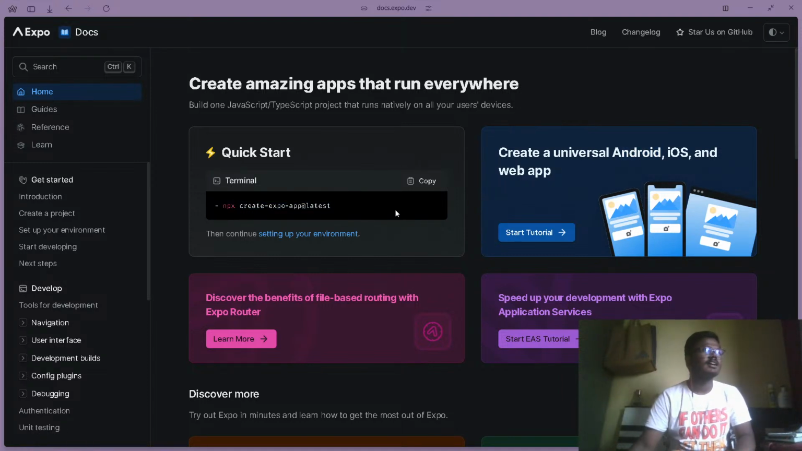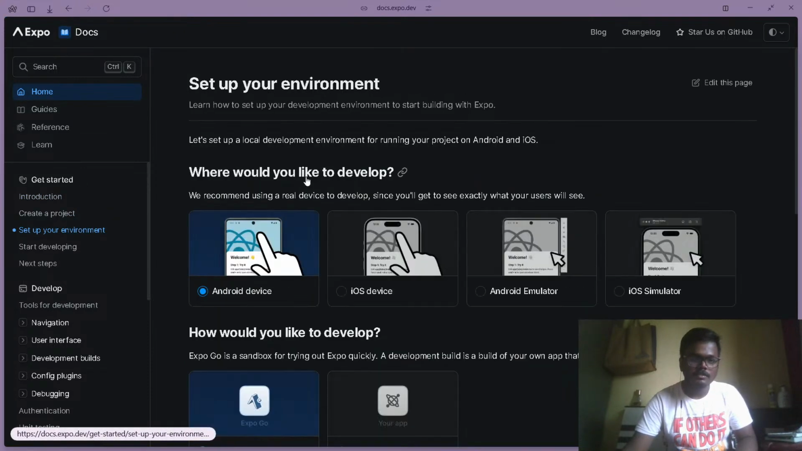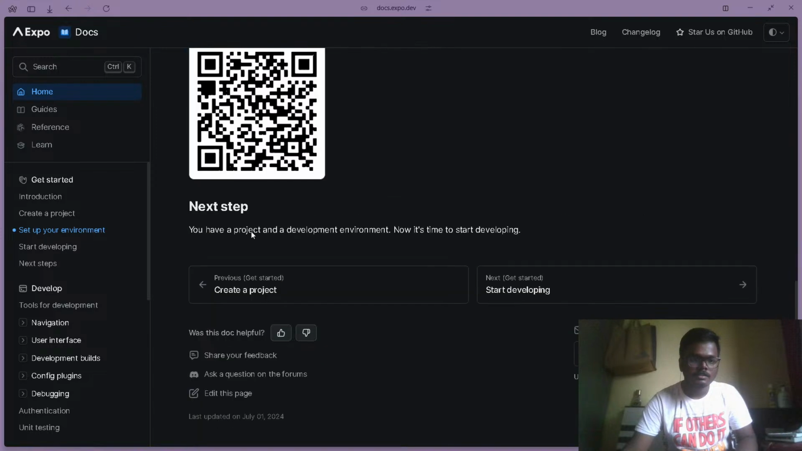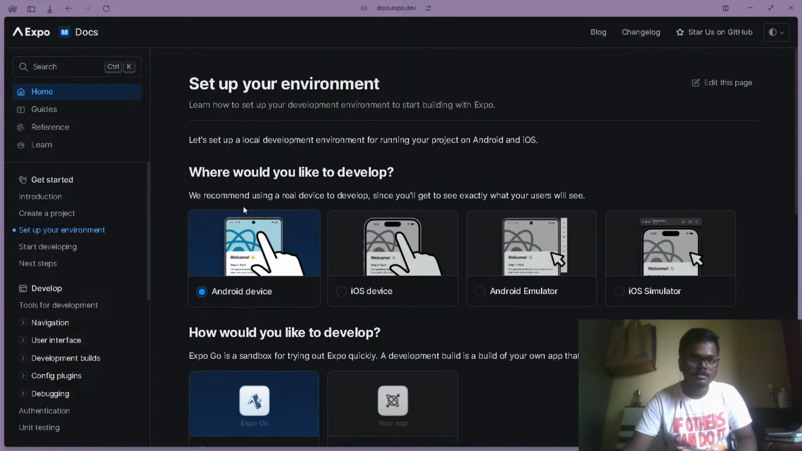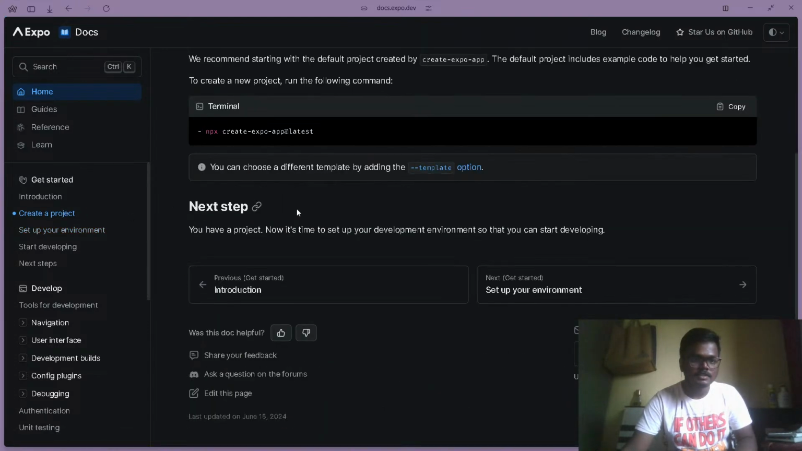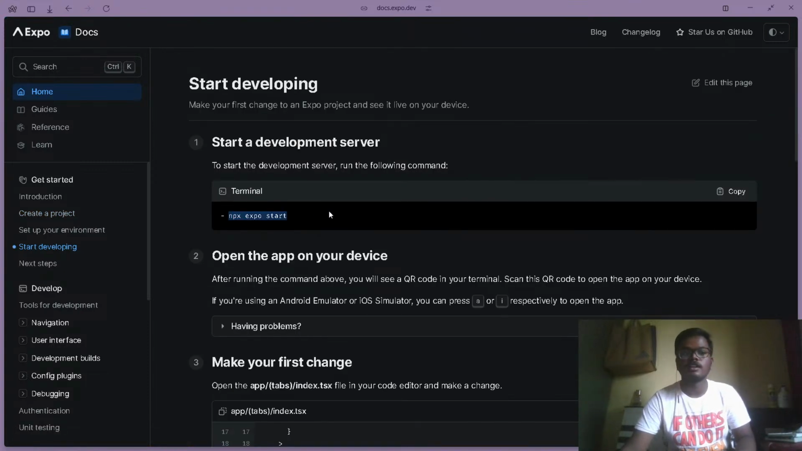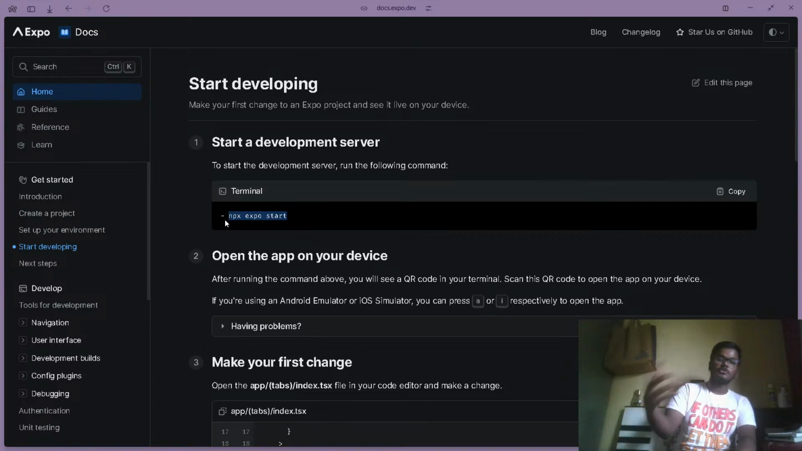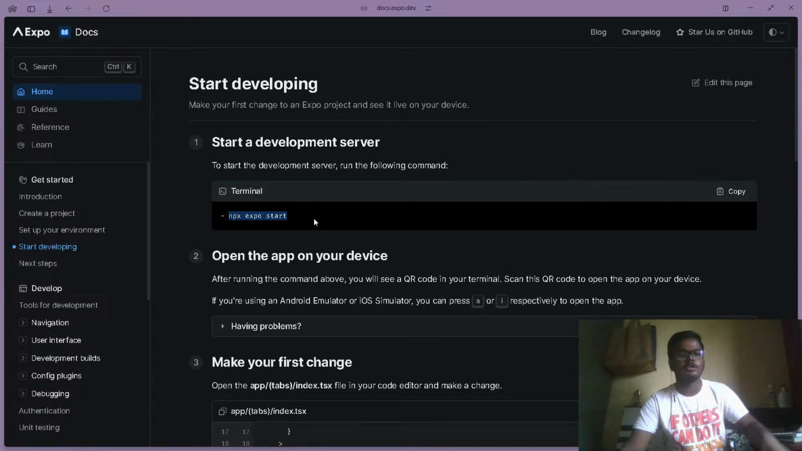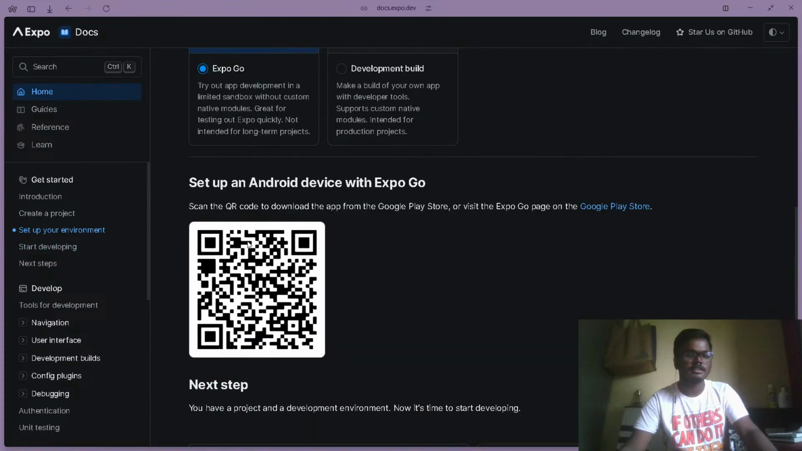So start, I think it's npx expo start. Create a project. Yeah, npx expo start. If you use this command on the terminal, it will open a QR code, something like this, in your terminal,